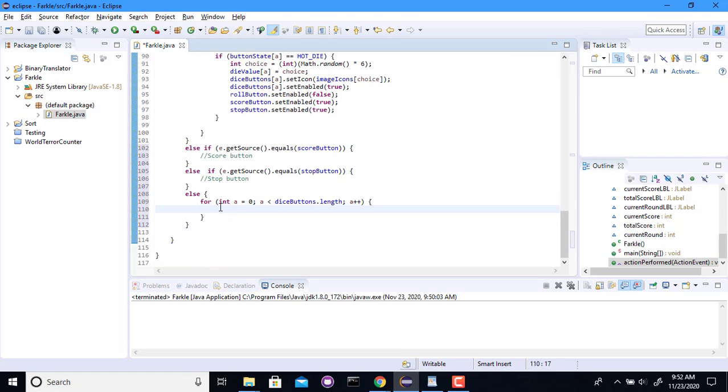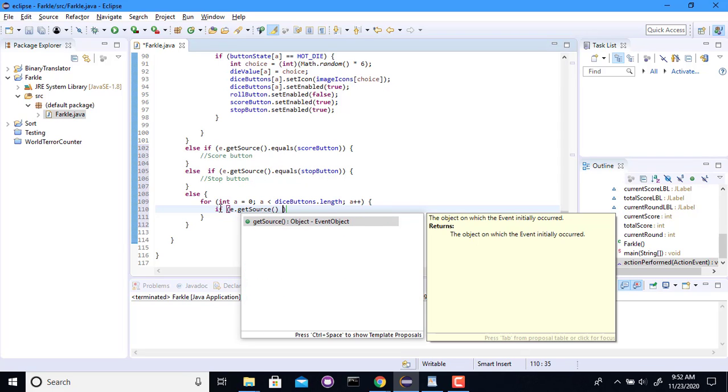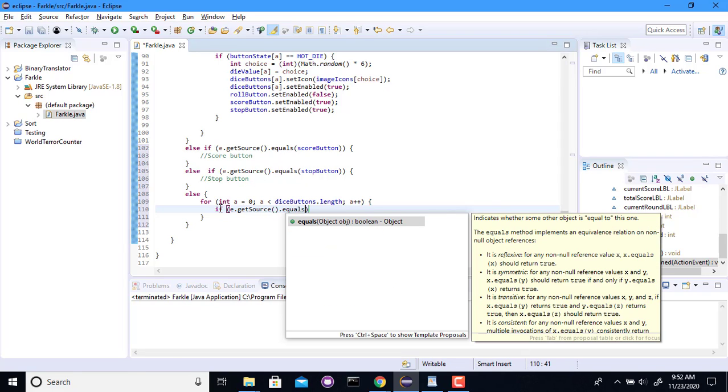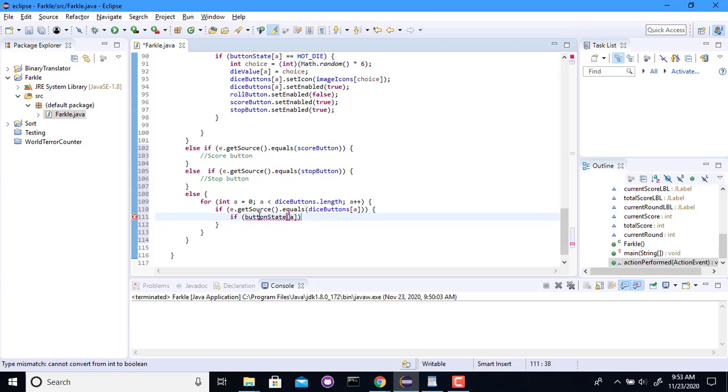Okay. So if the source of the click equals a particular one, then we know that that's the one that we've selected. So we've clicked on one of the images which has the dice on them. If that particular one that corresponds to this A variable, if that is a hot die,